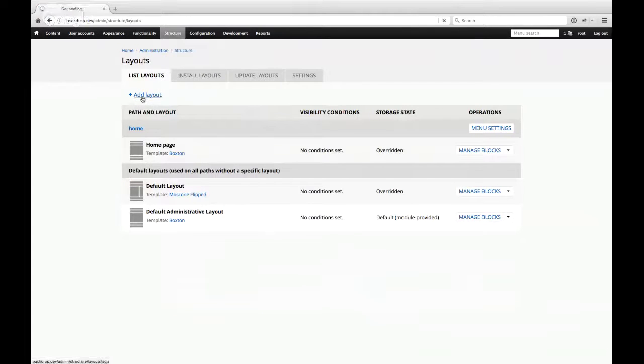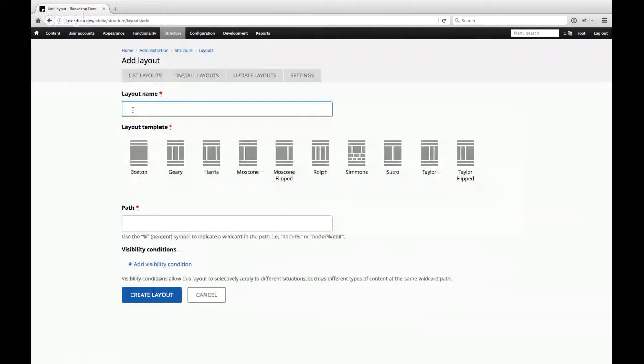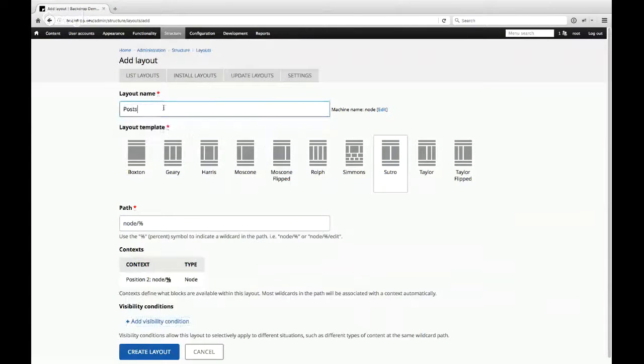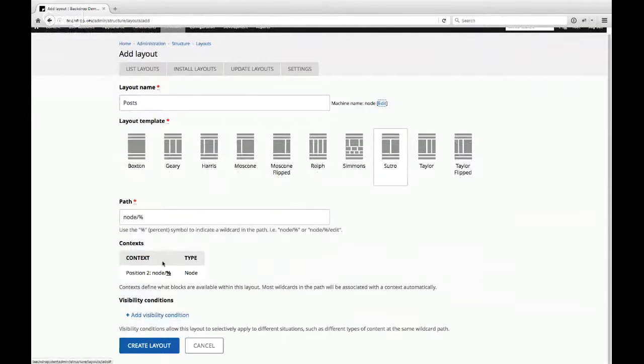One of the things that I really like about the layouts UI that was really confusing for people in the Panels UI is this concept of context. So if I want to create a layout for all of my posts, for example, let's do a 50-50 layout. Why not? Oh, I typed that in the wrong field. Posts. It'll automatically detect that this path that I typed in, node/%, already exists in the system, and it'll add the context for me automatically. So unlike Panels where you had to assign specific values to things and you really had to understand how the system normally worked to recreate it in Panels or Page Manager,